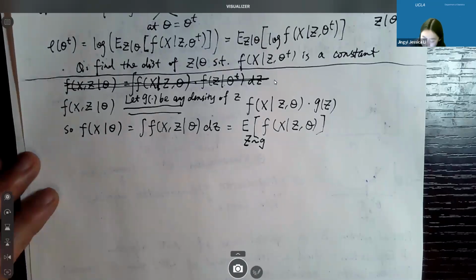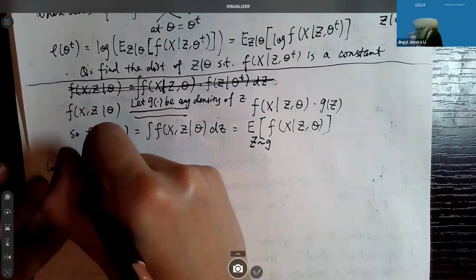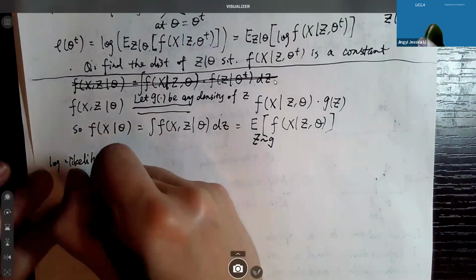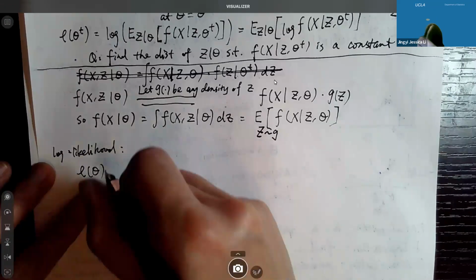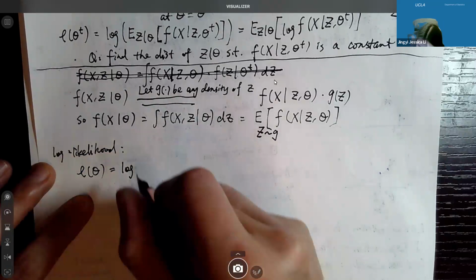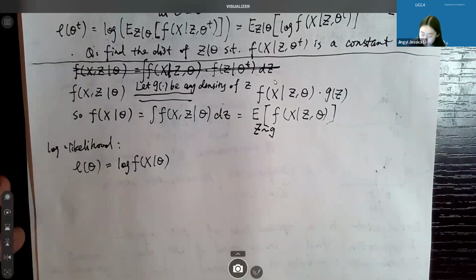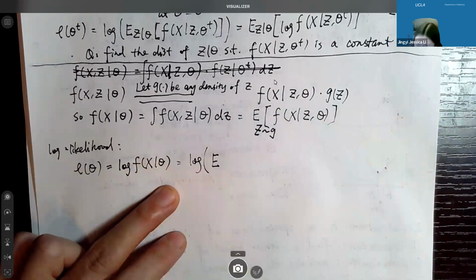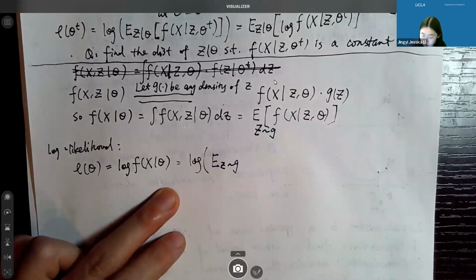Let's say that for the log likelihood, which is written as L(theta), in our incomplete data case, it's the log of the density. So therefore, it's the log of the expectation of z following any density g of